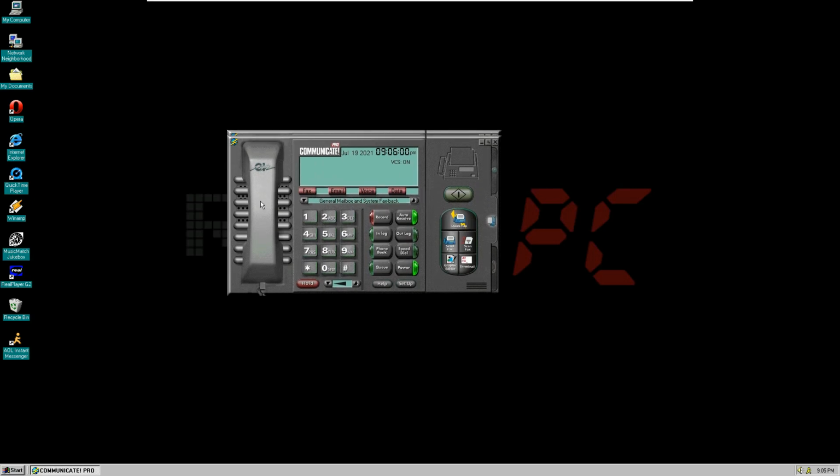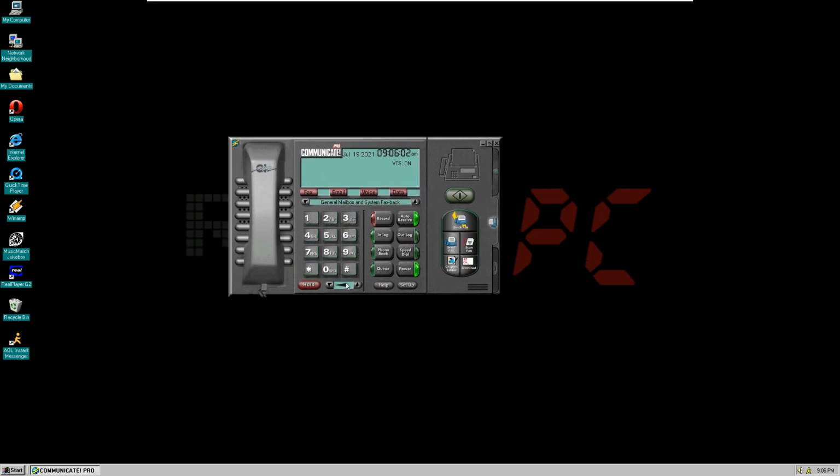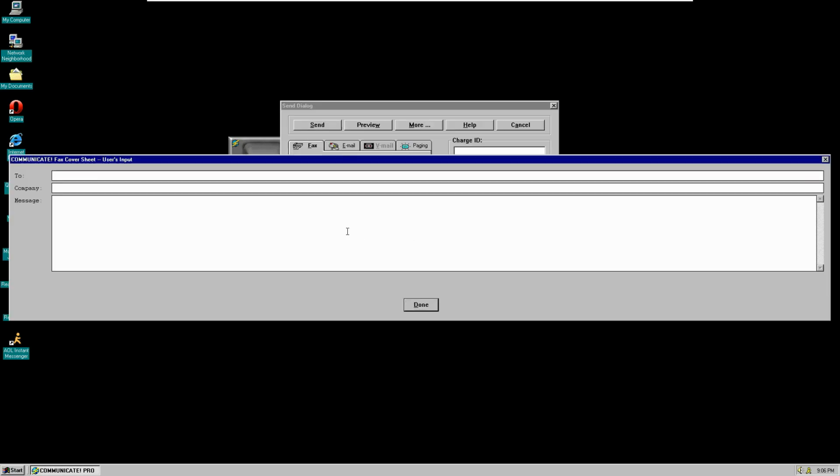It's basically a phone call at our fingertips. So let's quick fax. Actually, it probably wants a number, so let's call it. Okay, that ain't working. Oh, my numlock's not on.